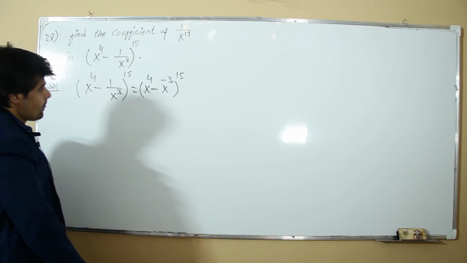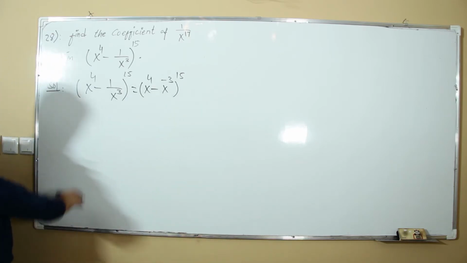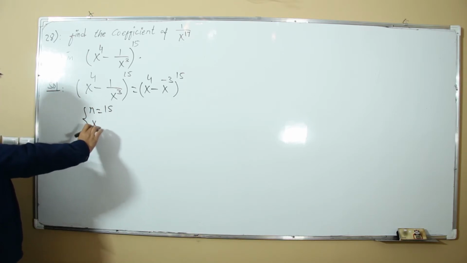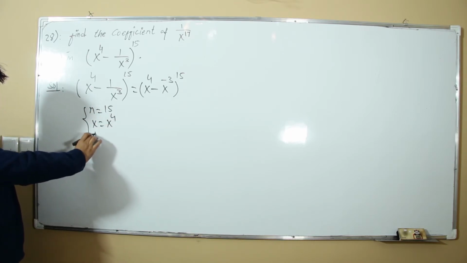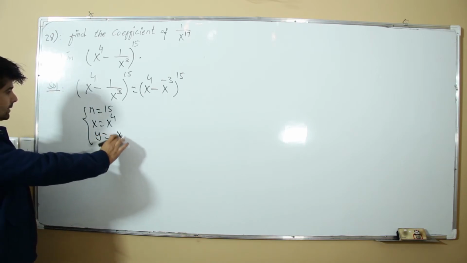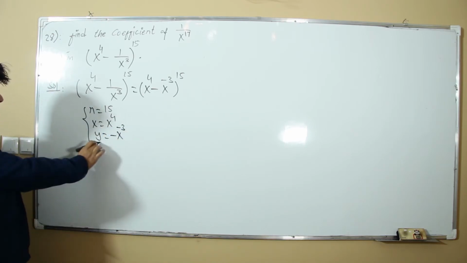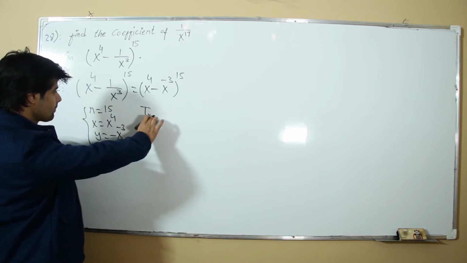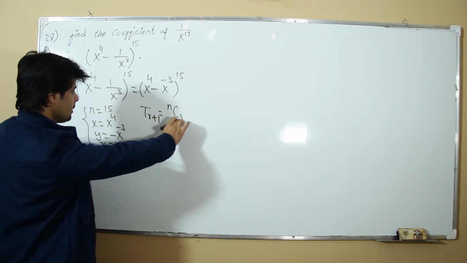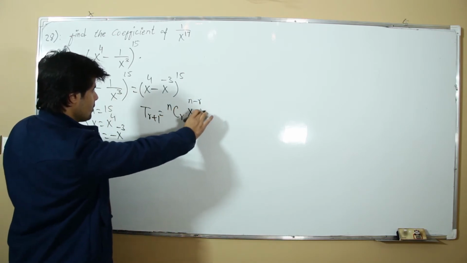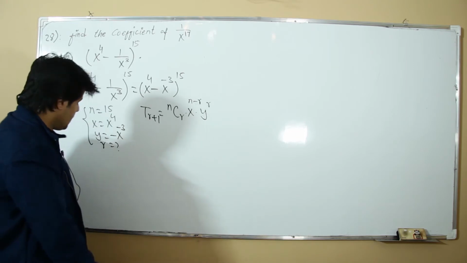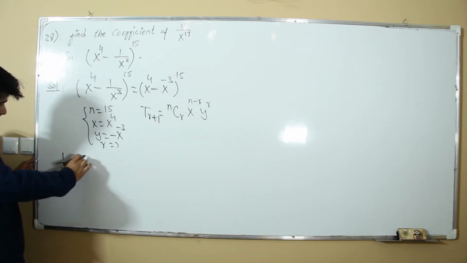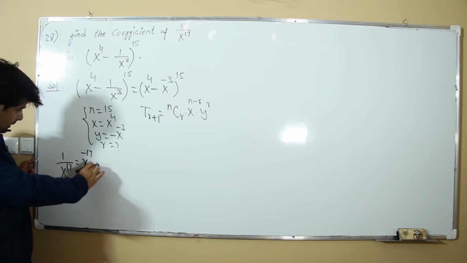Now in here, the terms which you know: n is 15, x is x to the power 4, y is minus x raised to the power minus 3, and you don't know r. And we know one formula, that is t r plus 1, which is n c r x to the power n minus r y raised to the power r. Let 1 divided by x to the power 17, or we can write x to the power minus 17, occur